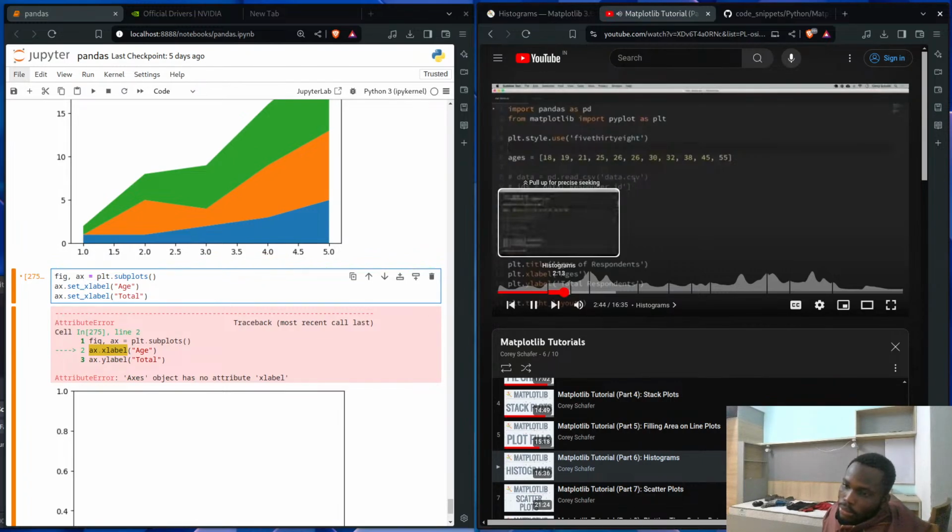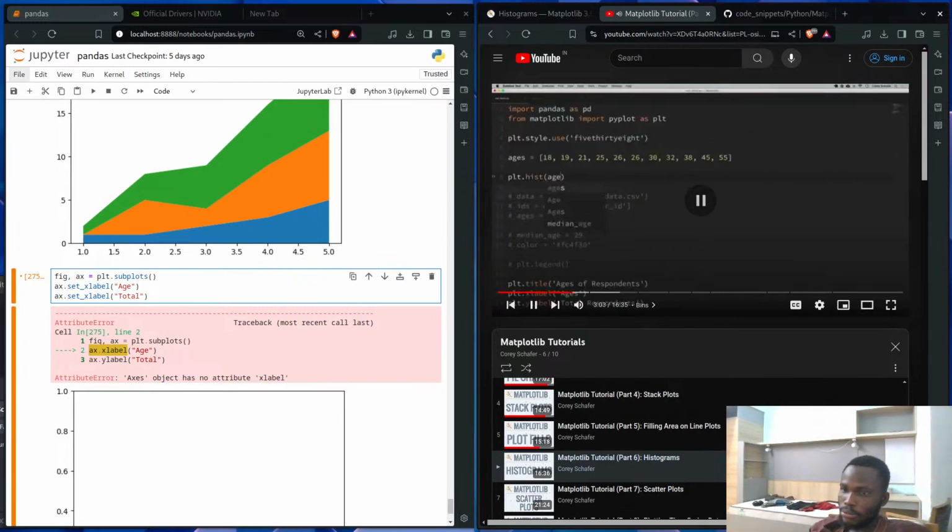So this is where histograms come in. Histograms allow us to create bins for our data and plot how many values fall into those bins. So to see this, let's create a histogram of this list of ages that we have here. So to do this, I can simply say plt.hist, and we will plot out